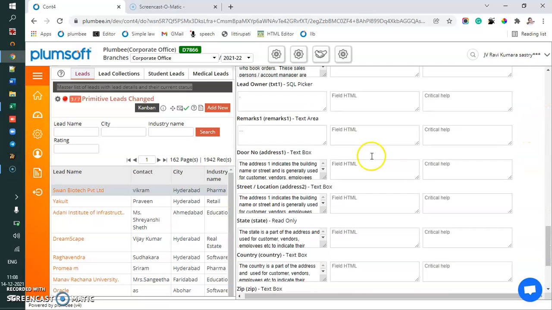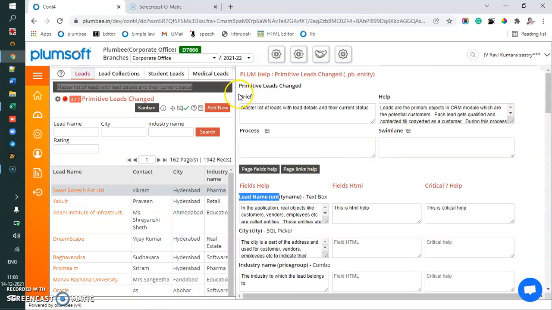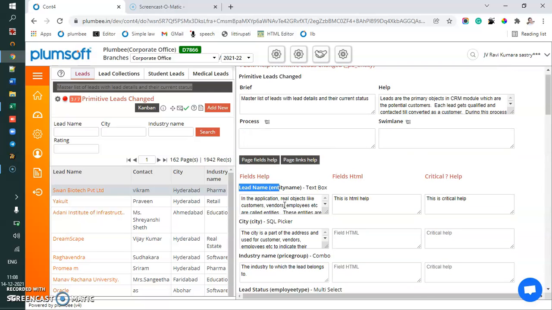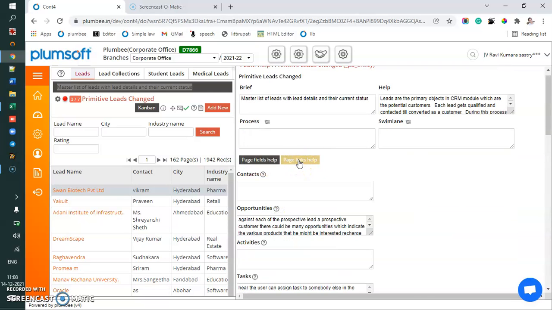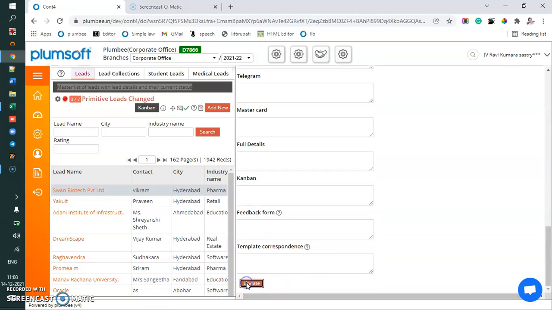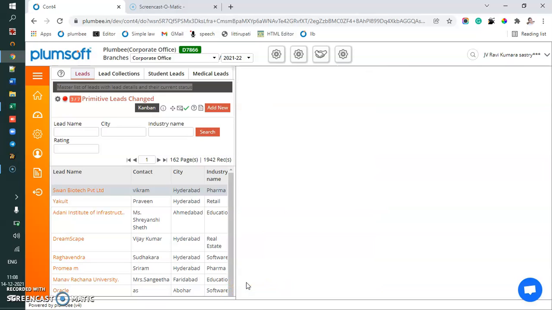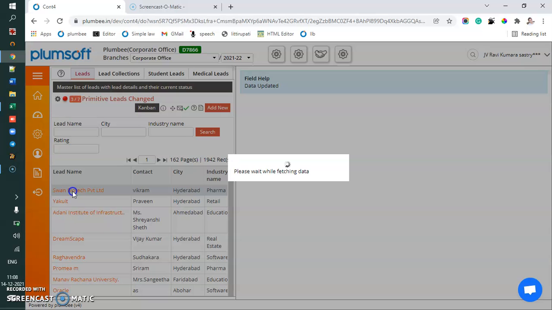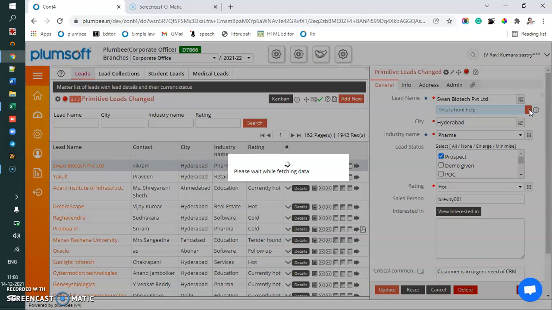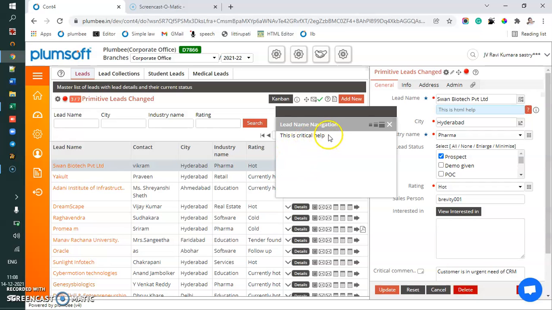saving. You will see all the form head, all the fields in the form have appeared here, and you can change the help, and there are some links also. You can write the link help also. Anyhow, for me, I'm just saving this, and now if I try to edit, and you will notice the HTML help has appeared here, and there is a question mark here, and if I click this, so this is critical help.